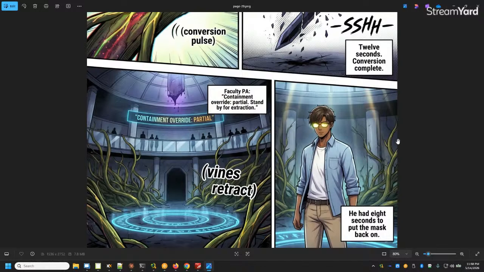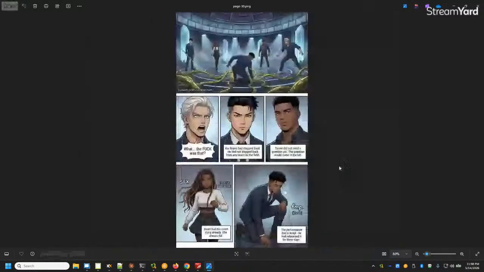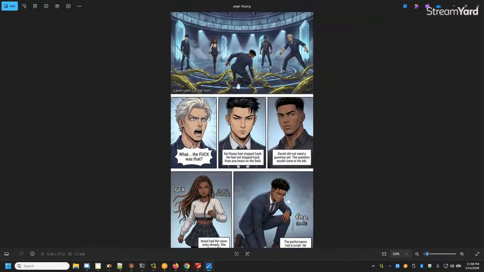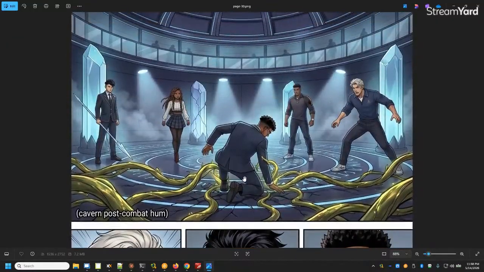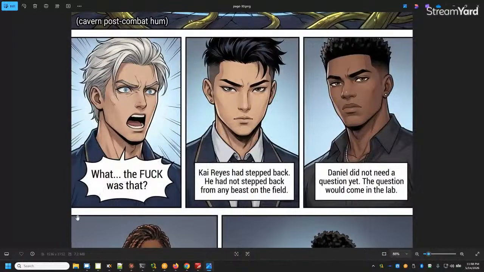So in other words, he has to go back to normal, hide his factor 52 branch here that has grown into a fucking monster, a super poisonous monster that could crack armor, and now he has to do it in front of everyone because everyone's life was in danger. What the fuck was that? I did not ask the bot to do this. Hey yo, what the fuck was that?